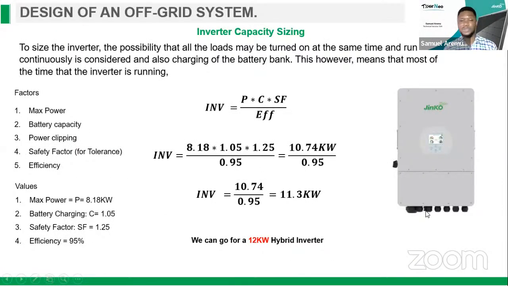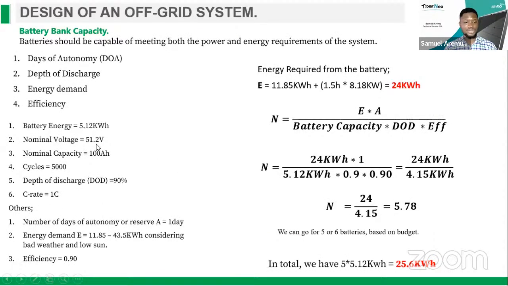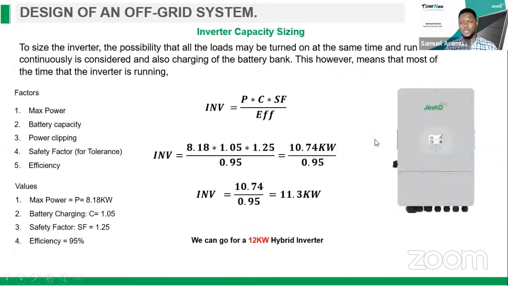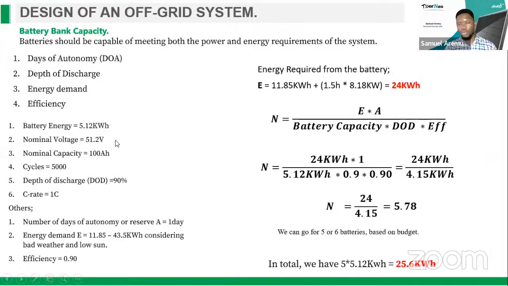Also, moving on to the inverter capacity, there's something I would like to share with everyone. Like I said here, the rated voltage for the battery is 51.2 volts. I've always seen that most inverters have a rated voltage of, let's say, 48 volts, 24 volts, or 12 volts. What actually matters is the voltage range. In this scenario, the voltage of the battery is 51.2 volts, and the inverter we're going to use is a 48 volt rated inverter. But people will say it won't work. Actually, it will work because